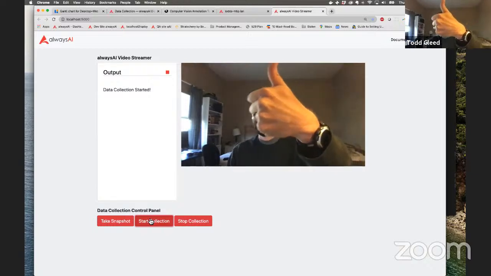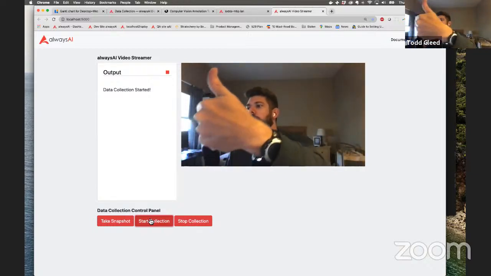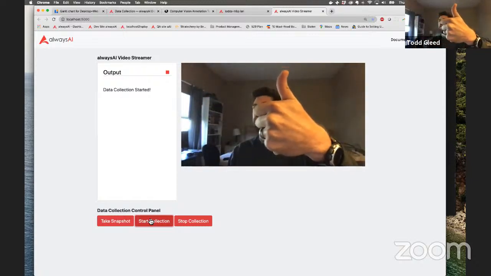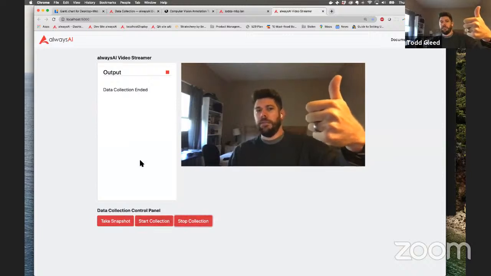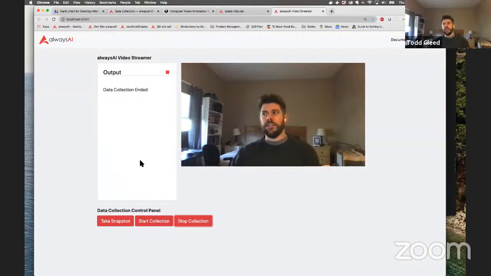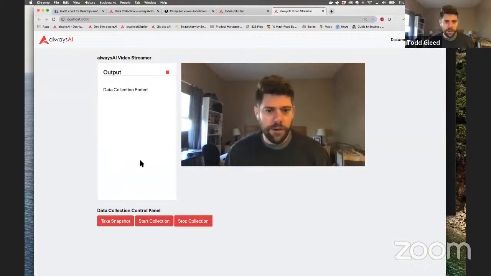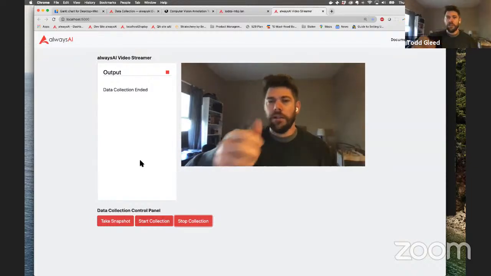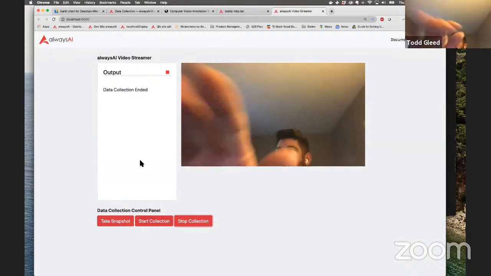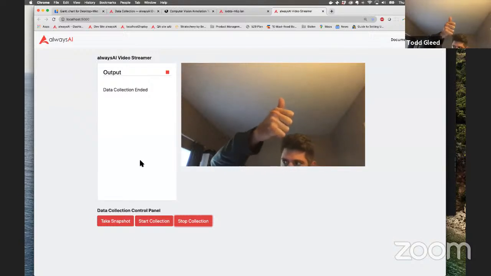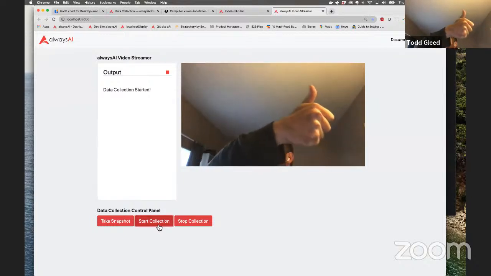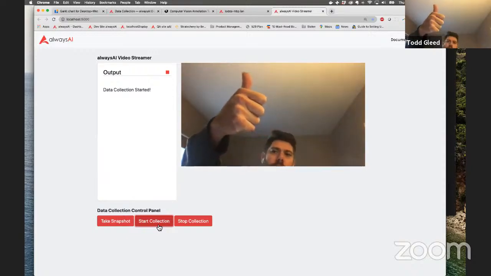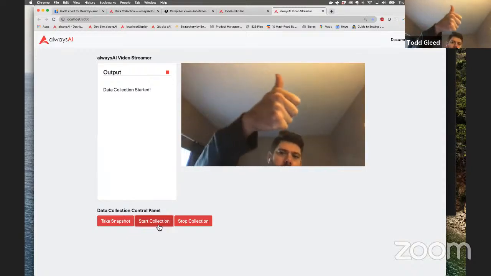Then I just go across the screen, move up and down, move a little closer and a little farther. And then I stop collection. That got me about 4 or 5 seconds. Then to vary up some of the background, I'll switch hands, and I'll move my computer up so it's just a white background, and do the same thing with a different hand. I just collect even 3 to 5 videos with slightly different backgrounds,